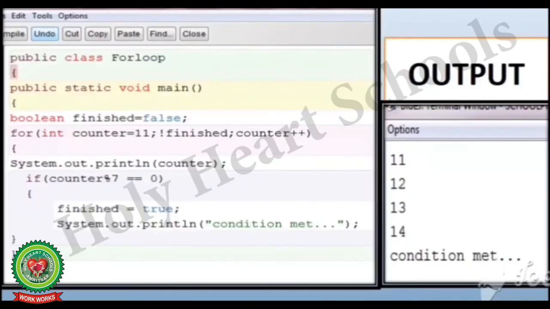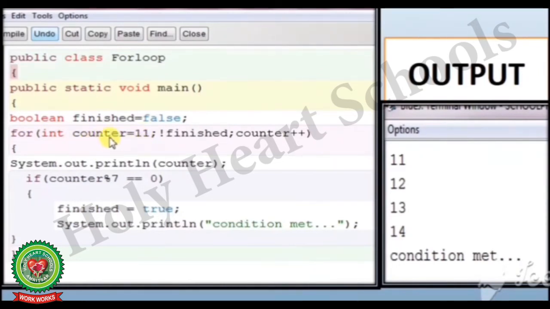See in the example, public class for loop, public static void main, curly bracket start, Boolean finish is equal to false, semicolon. So we have taken a variable finish that is of Boolean data type, and at the starting of the loop the variable is false. For int counter is equal to 11.